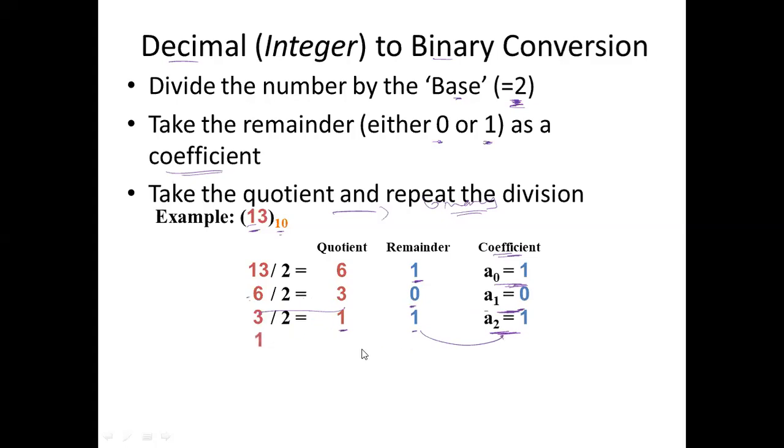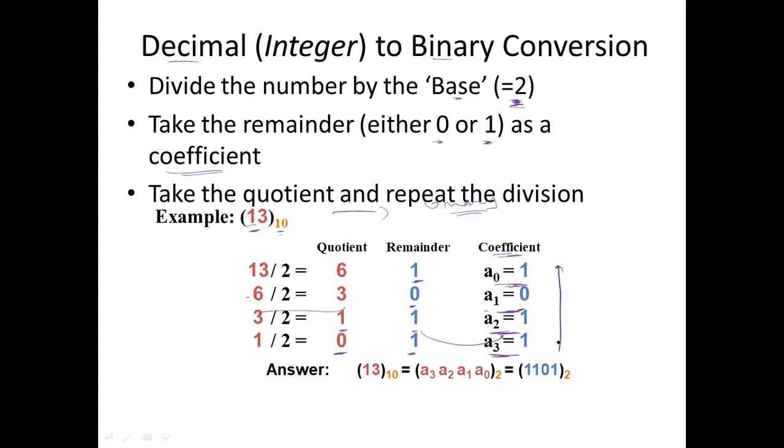So रिमाइंडर को मैंने यहाँ लिख लिया, एंड देन फाइनली 1 divided by 2, quotient is 0 and remainder will be obviously 1, and I have written it here. E3 is 1. ठीक है, so answer is, अब नीचे से रीड करना है, ऊपर से नहीं, नीचे से रीड करना है. You have to read from downward to upward. Okay, इस डायरेक्शन में रीड करना है. So 1